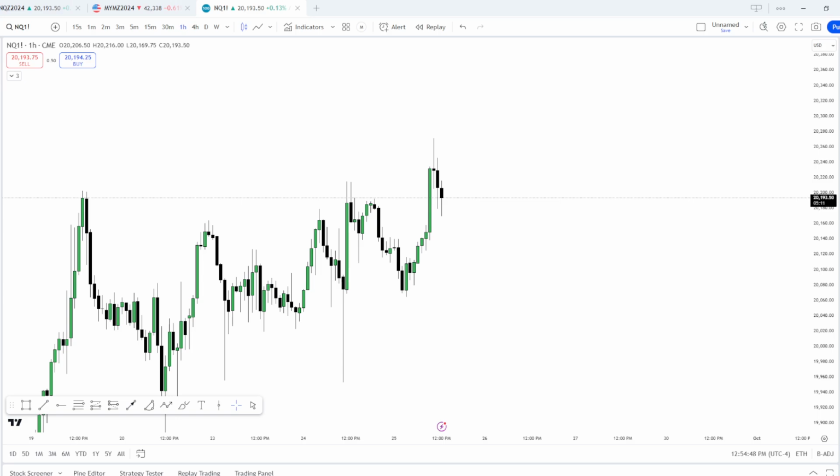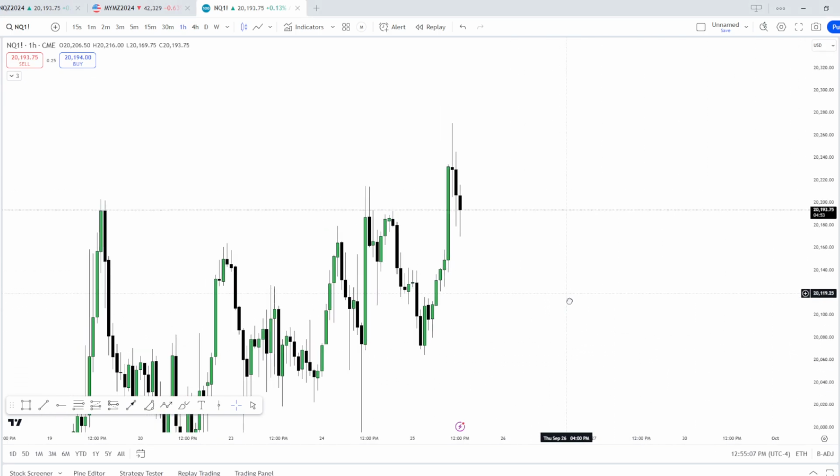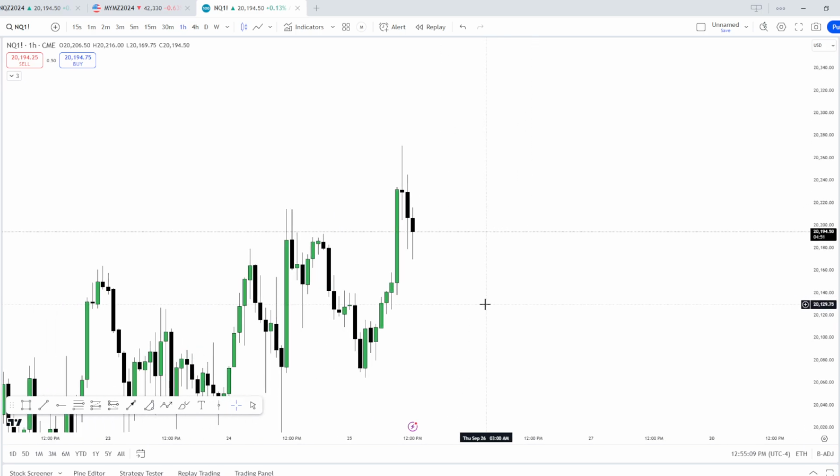It's a very simple concept, so there's not going to be a lot of explaining that needs to be done within this video. But I'm just going to be going over how I use it within my trading, how you can use it to your advantage, even if you don't trade like me, and just overall what equilibrium is. So just to get started, equilibrium is essentially the 50% or the halfway mark of a price range that